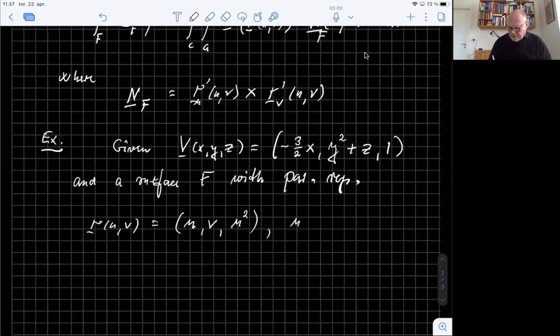And u belongs to the interval from 0 to 2, and v belongs to the interval from -1 to 1. So let's see if we can compute